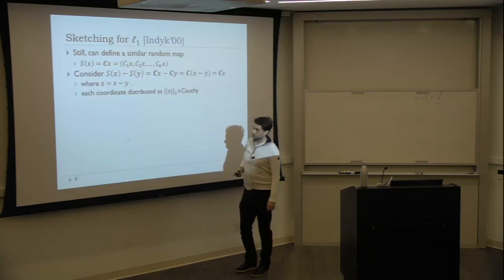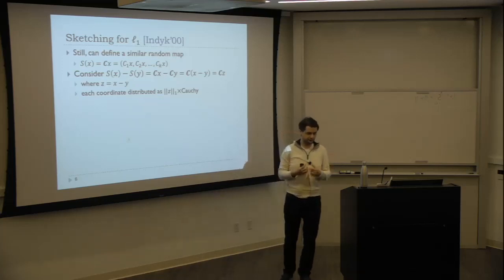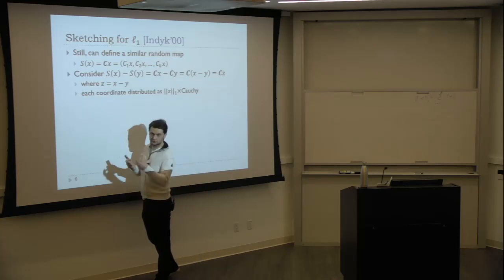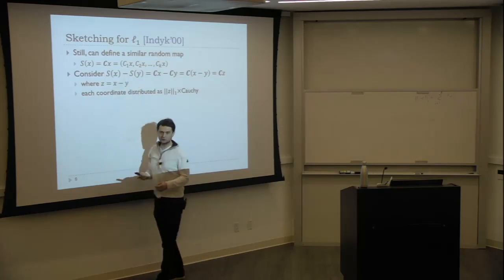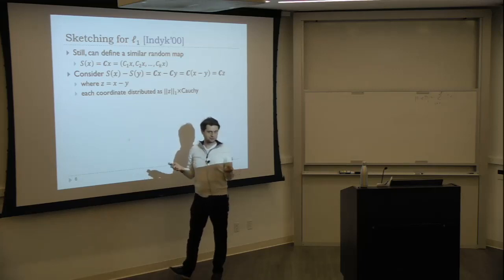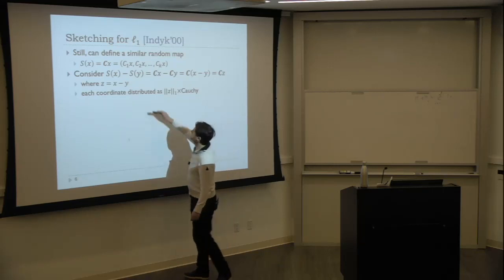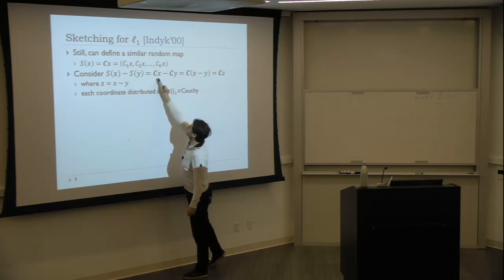Okay, and again, to analyze the difference between these two sketches, given 2 points x and y, we want to look at the difference of the two sketches and somehow use that difference, which is a k-dimensional vector, to estimate the L1 norm of the distance between x and y. Okay, so by linearity, we can write that s of x minus s of y is just this matrix